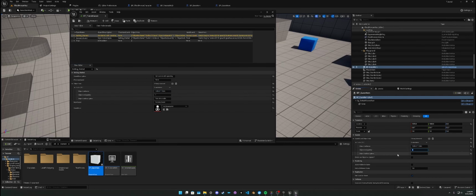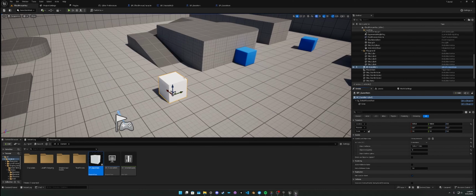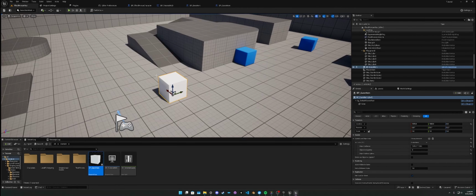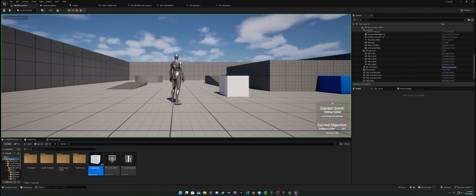And the objective quantity is how much this will update the objective by. So let's say in our second quest we have the quantity set to 2. If I set this to 2 here, that will update the quest quantity by 2. So you would only need to collect 1. But for this one, it's obviously just 1. So we'll hit 1. We don't need the description for this. And then delete on objective update, we'll hit true. Then we'll save, and if we hit play,